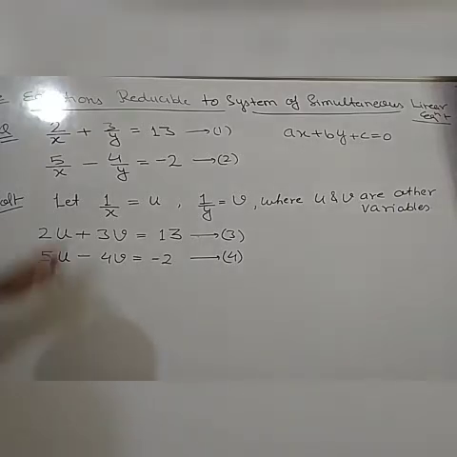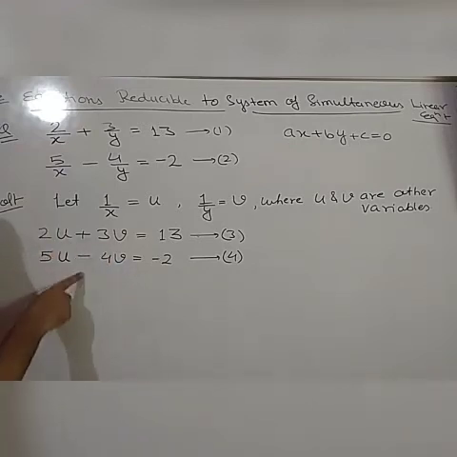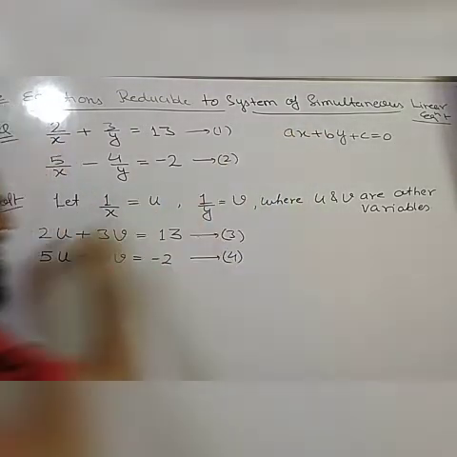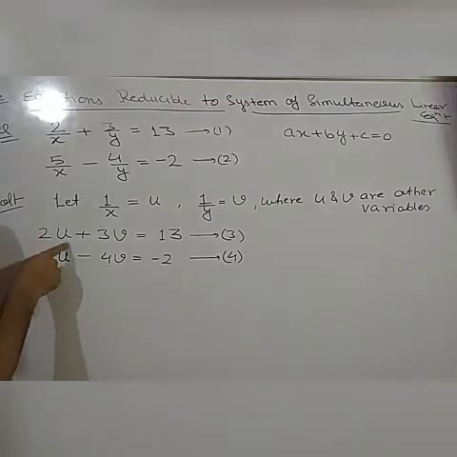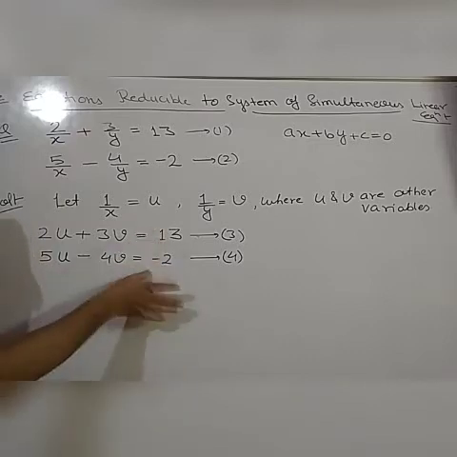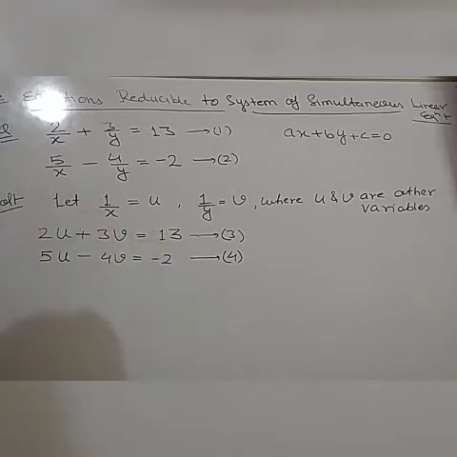Okay. So in this way, these two equations are converted in this form, which is the general form of linear equation. Now you can check it. It is ax plus by equal to c. The variable may be x or maybe u. So it is a general form, au plus bv is equal to c. It is also the general form of linear equation.